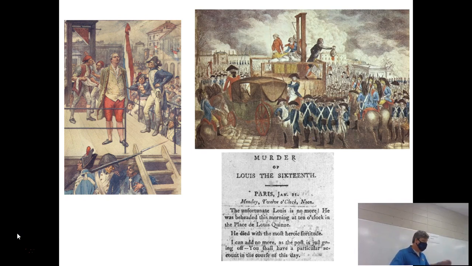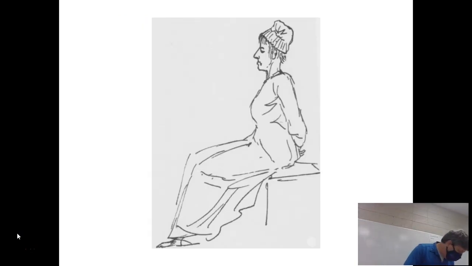I mean, yes, Louis might have legally broken the law in some way or another, but any reasonable person would agree that he hadn't really done anything that warranted getting his head cut off, right? A few months later, they are going to execute Marie Antoinette. This is a sketch that was made of her just a few moments before she was let out of her jail cell and executed herself.